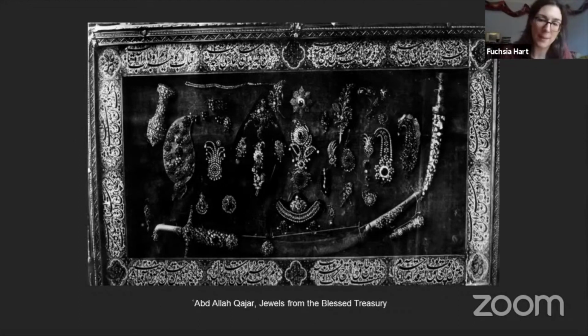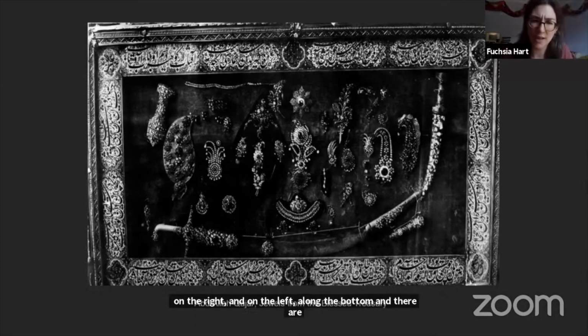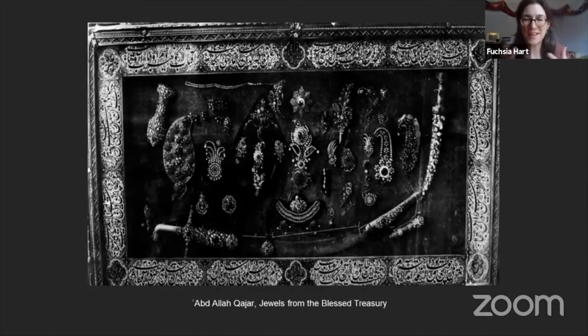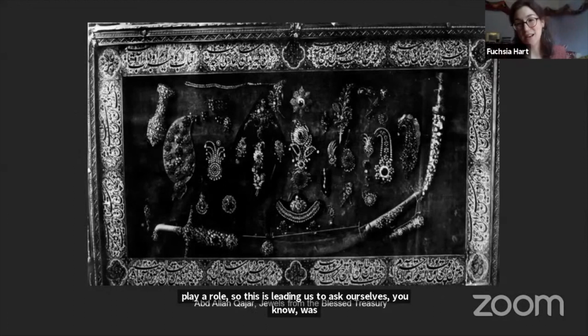And there are a number of these displays, which include daggers and swords, which were on display in the shrine in Mashhad until very recently, and they're still in the collection, in the treasury, in the shrine. So we have a number of religious contexts in 19th century Iran where arms and armour did play a role. So this is leading us to ask ourselves, was this armour to be worn for one of these ritual purposes, for one of these religious events, or was it to be worn on the battlefield, which